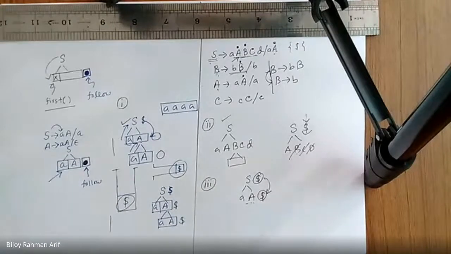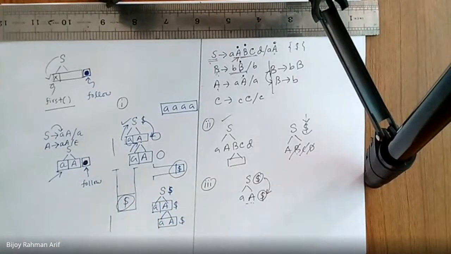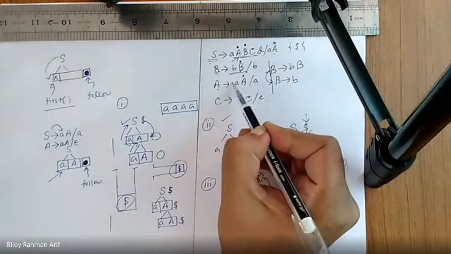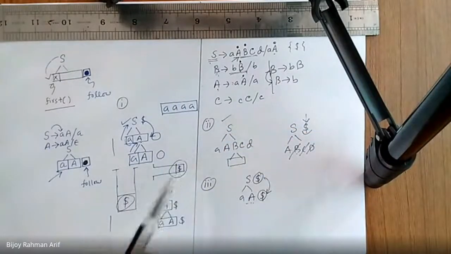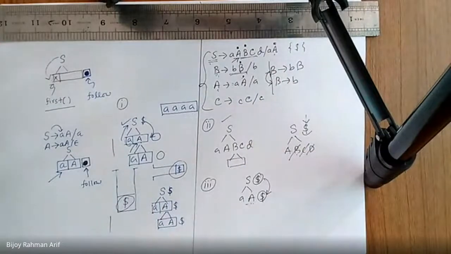There will be no more follow can be accumulated, so we can stop over there. Is it clear to you? Yes, sir. So for example, you go from here to here, from here to here, and here to here. One round is done. That means you have encountered all the products. If it does not change anything in the follow table, then you can say, yes, we no longer have any change. So we can stop.